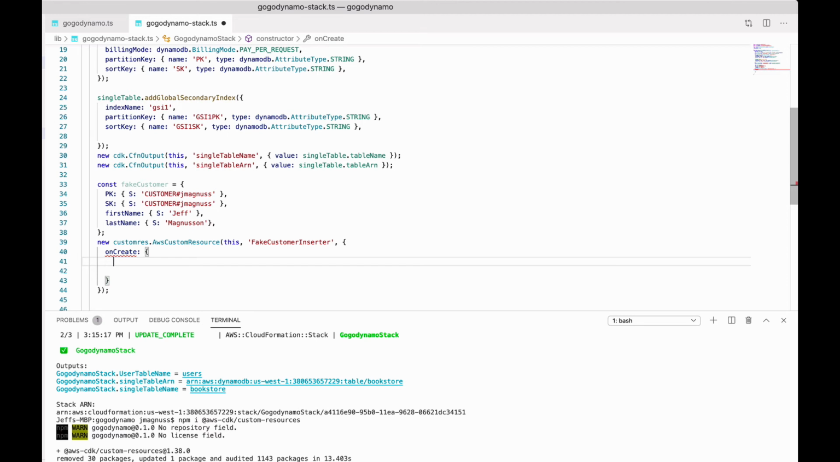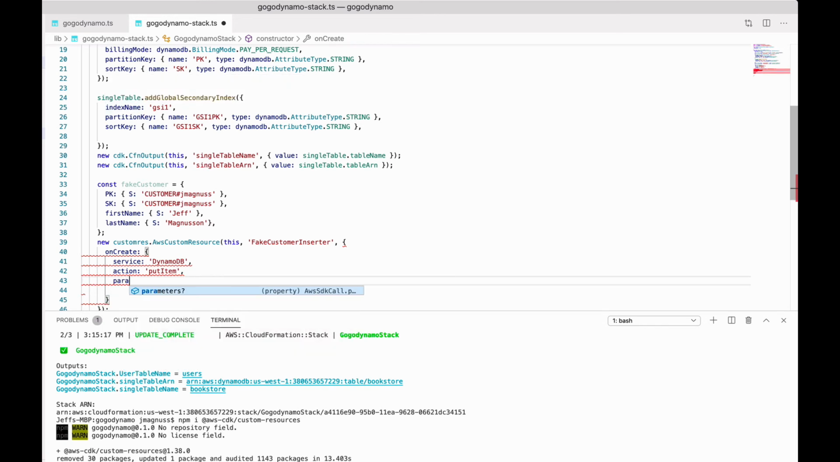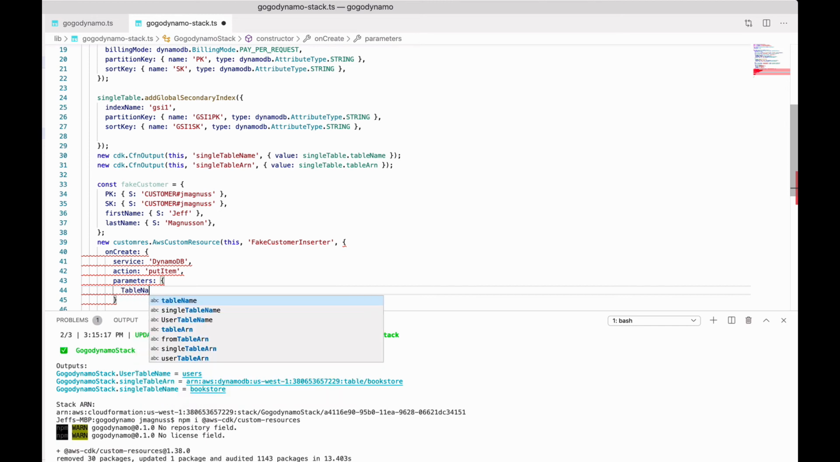So on create, we're going to call a service. And here you're using the same capitalization, etc., that the API uses. Because all we're doing, this is going to create a Lambda function to call the API and then destroy it again. We want to call the DynamoDB API. We want to run the action, put item, and pass some parameters. Such as table name,